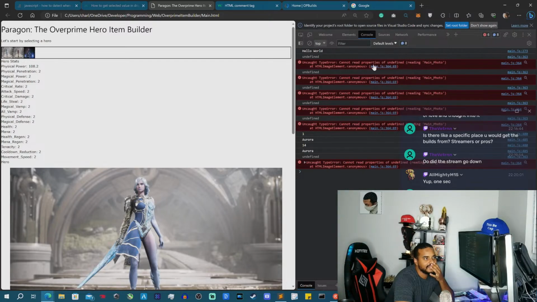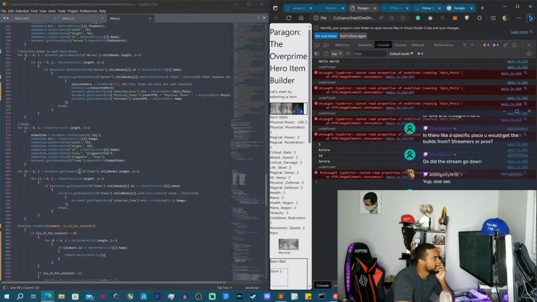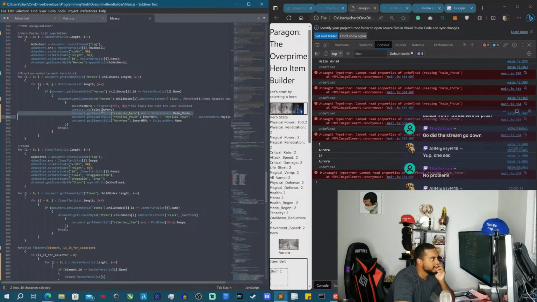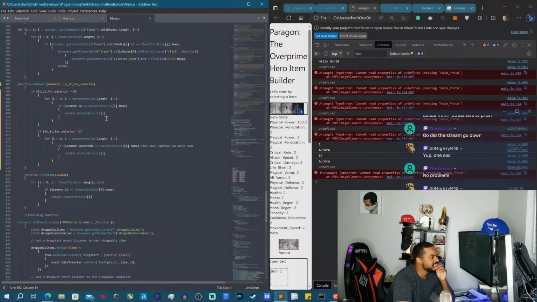Okay, so let's see. Cannot read properties of undefined at line 364? So what did I do? Oh yeah, I'm going to need to... So what did I do? It's now making it do all of this nonsense. Find hero, this, and zero. Selected hero, right? Oh wait, hold on. But I didn't change...